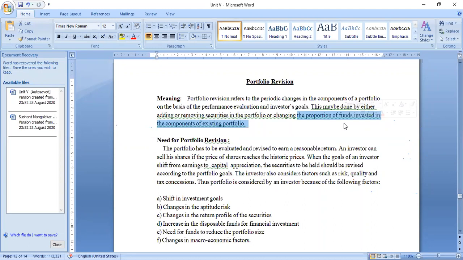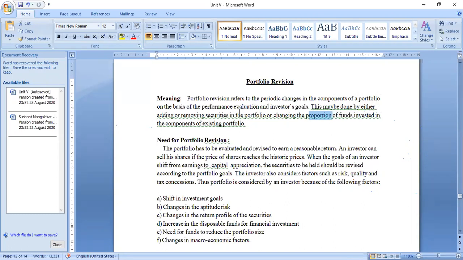So here what are you doing? Actually you are removing the security as well as changing the proportion. So you have changed the proportion of security D by adding another 25% to, let us say, security A. I hope students are getting what I am saying. So if you have 4 securities like A, B, C and D in a portfolio, let us say 2 are risk free and 2 are risky assets. In that case, if the risk free is fetching you low returns and the risky is fetching you high returns, even in such cases you can remove the risk free and put that into risky. So what are you doing? You are doing both jobs. You are removing a security, at the same time you are changing the proportion. So this is all about portfolio revision.